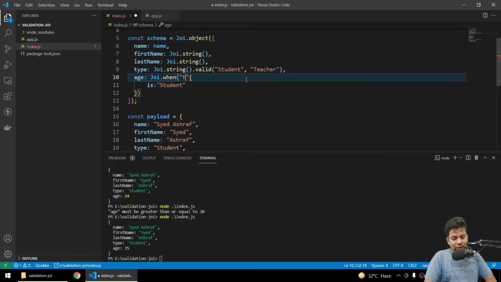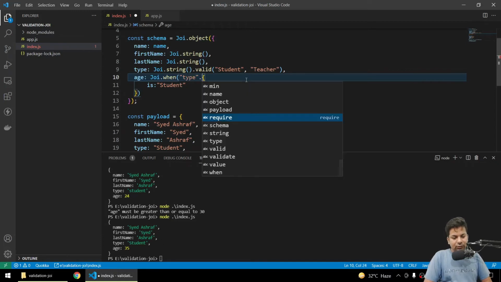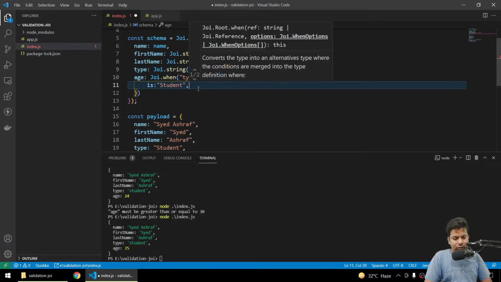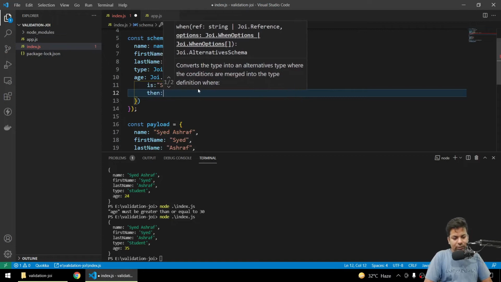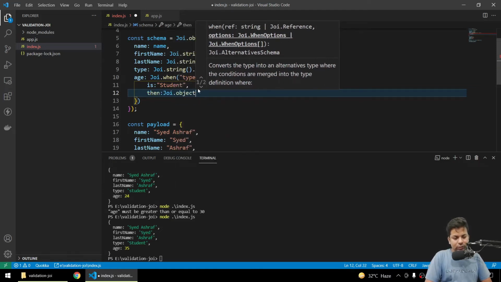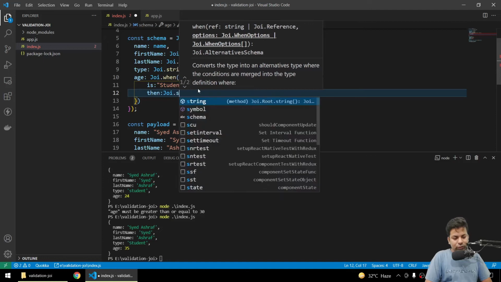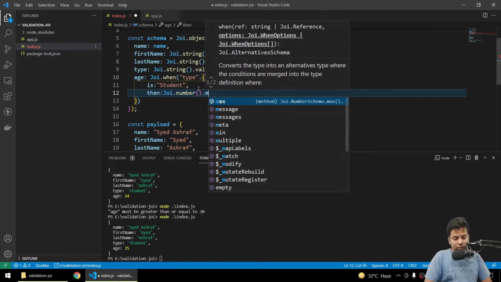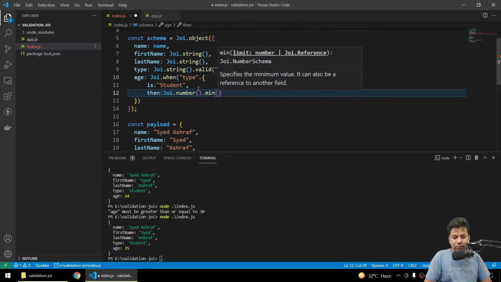So I'll say in the type, if the type is student, then Joi dot number, dot maximum 30 if it is student.